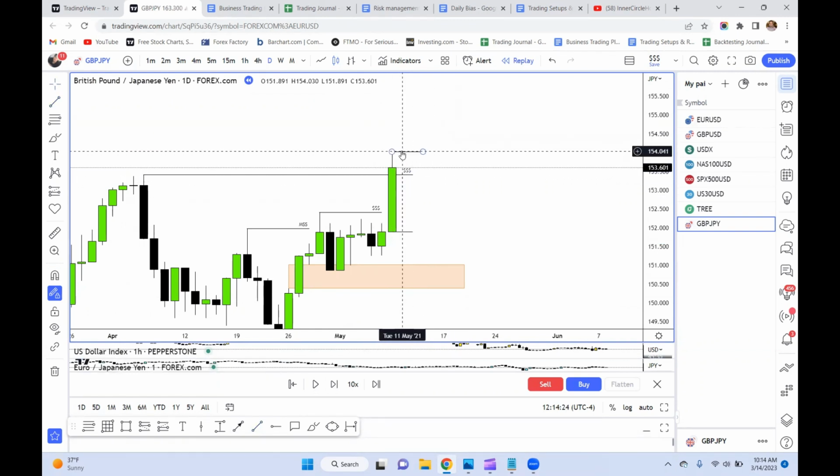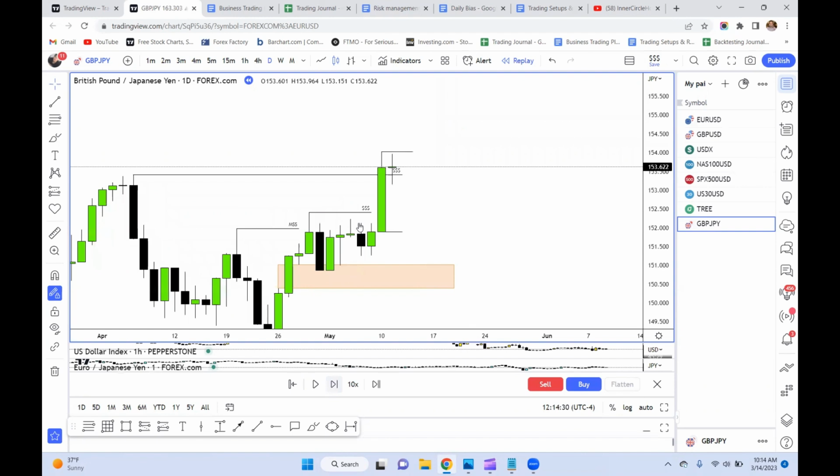Okay, this is our liquidity to target for this new trading day, which is Tuesday. Okay, let's see what happens. Okay, so it traded within it, and here's a swing high right here. Okay, now with this swing high,